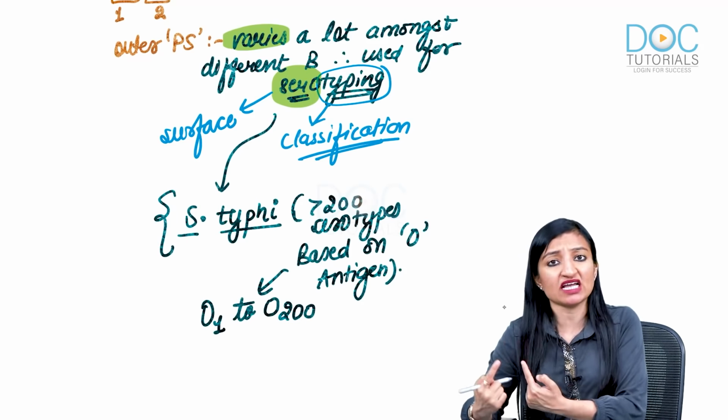Okay, and the lipid A part, which is responsible for the toxic shock, is similar in structure in all G minus bacteria. So the lipid A part, which is the toxic moiety or the toxic part, is similar in structure in all the gram negative bacteria. That is why we use a blanket term called endotoxic shock or the gram negative shock.